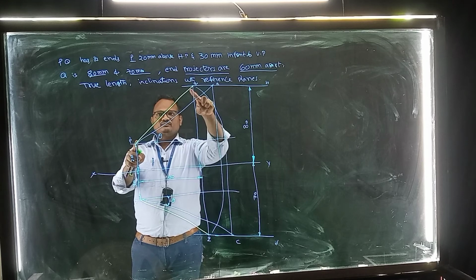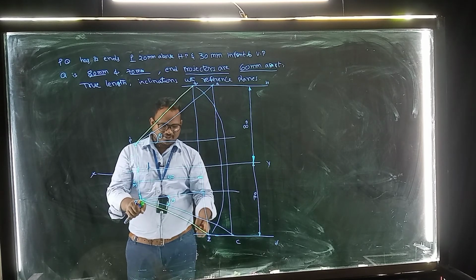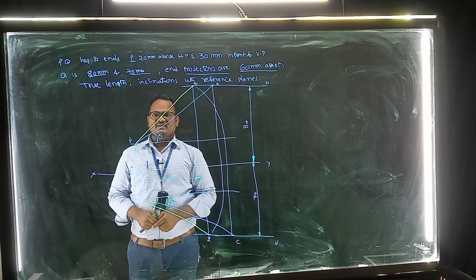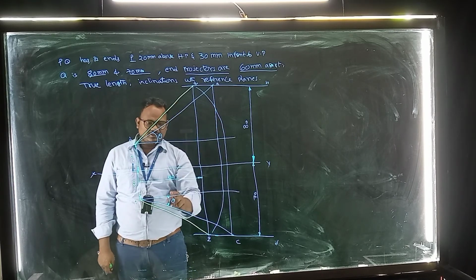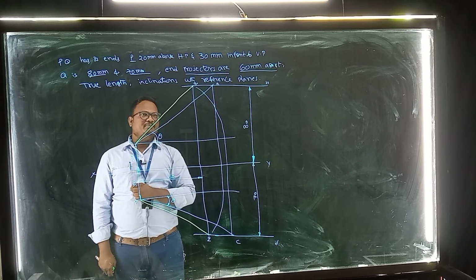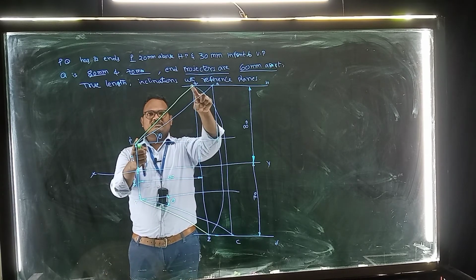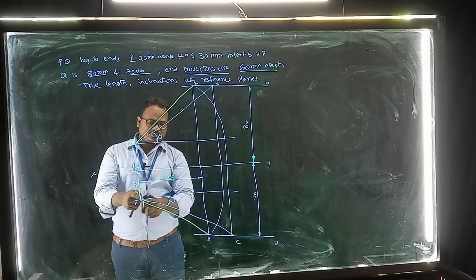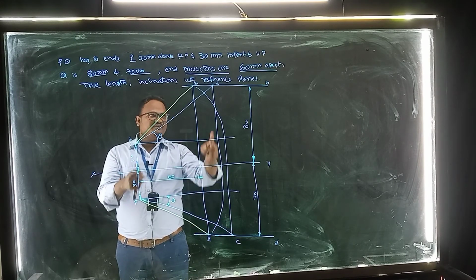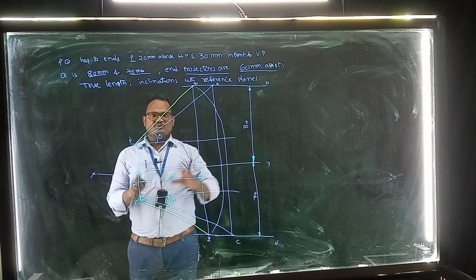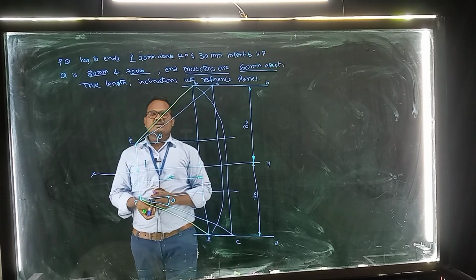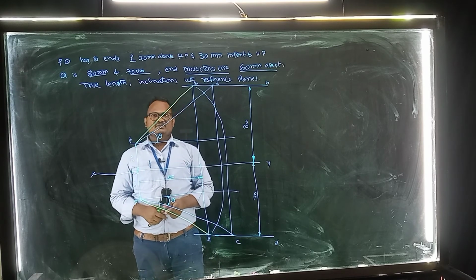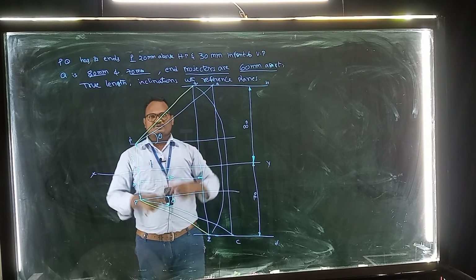Okay, so this is the compressed front view, compressed top view. So this is the true length, this is the true length. So this is the angle of inclination with HP, this is the angle of inclination with VP. So from the compressed front view we can find out the true length. From the compressed top view we can find out the true length here. So this is the method to find out the true angle of inclination and true length by using end projectors.